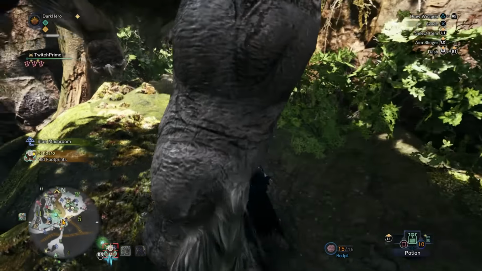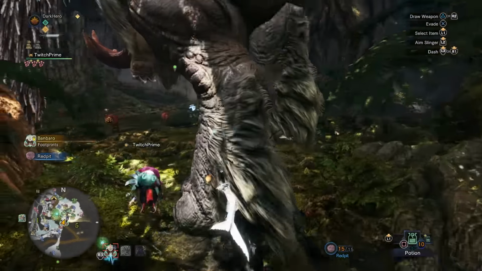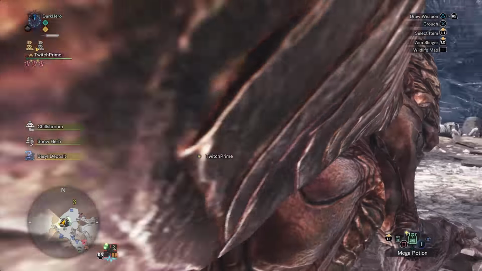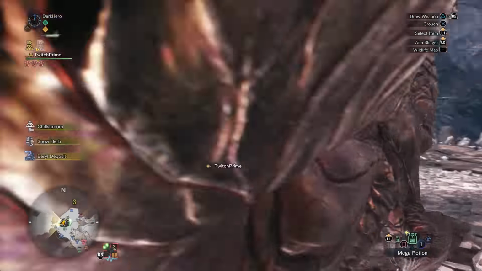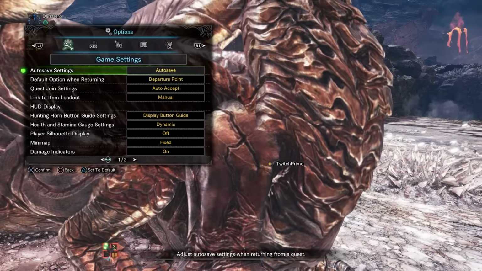As you can see right here, it's kind of hard to see what's happening, so just picture this if we were to fight Bombaro right now. And as you can see right here, the exact same thing happens with Kushala, and he's not even that big of an elder dragon. However, you can easily change this to make it much better for you by simply going